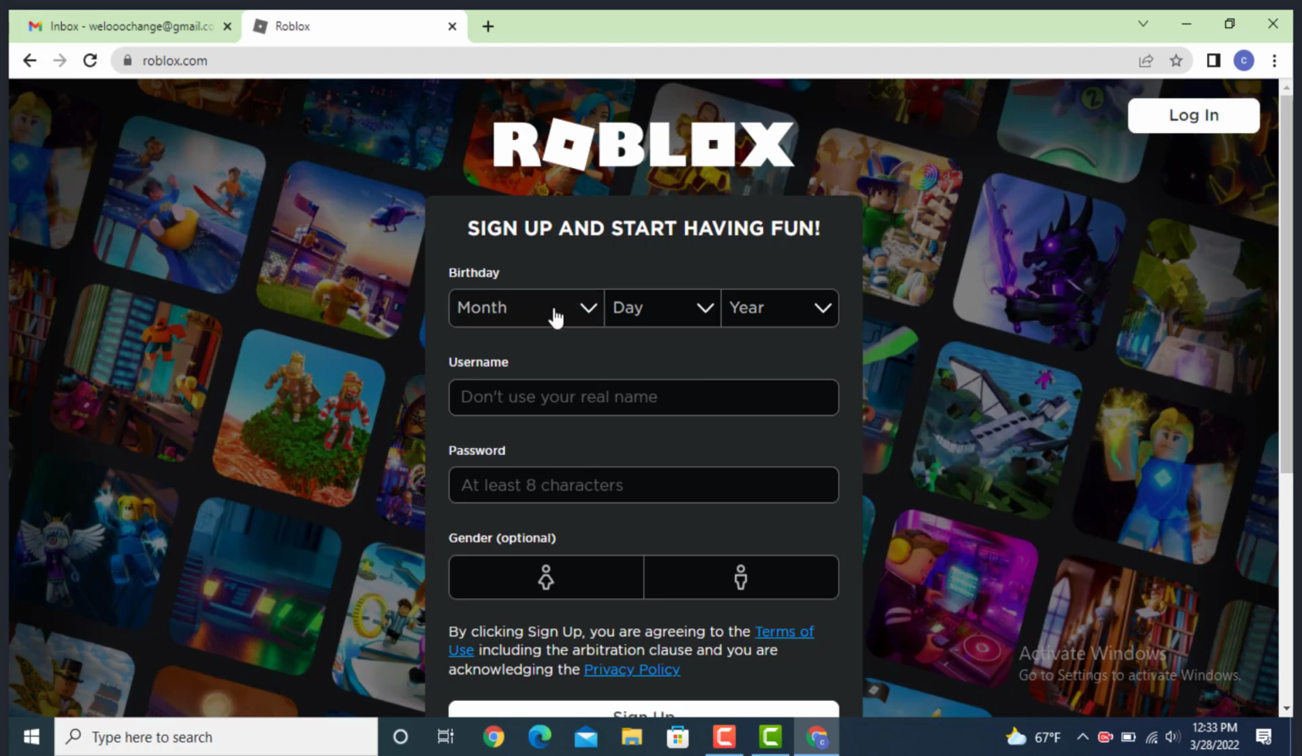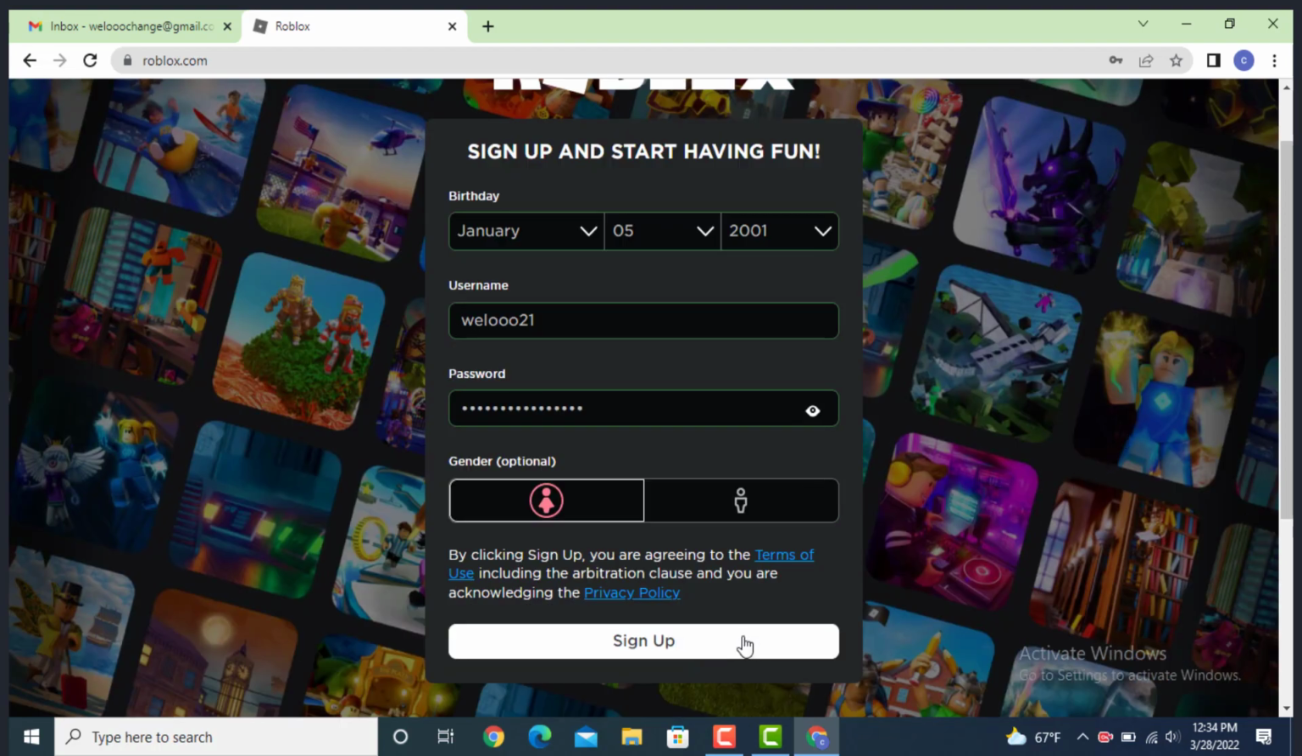First, you need to enter your date of birth or birthday. Now you need to enter a username. It clearly mentions not to use your real name. So enter a username. Now create a password and select your gender, tap on sign up, and as you